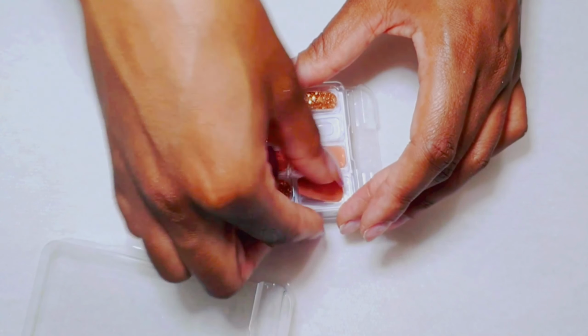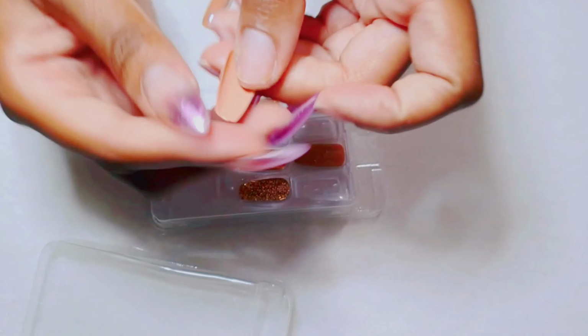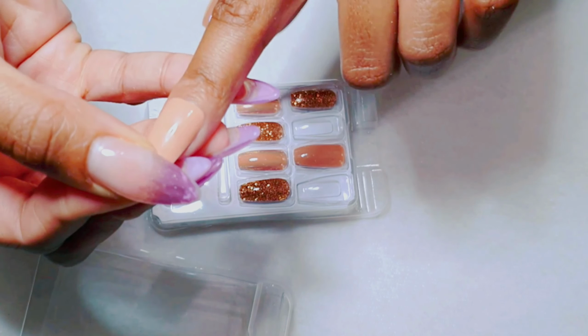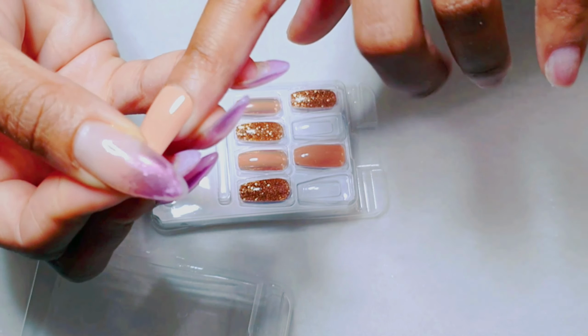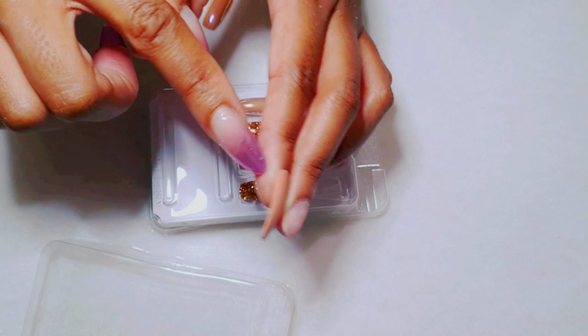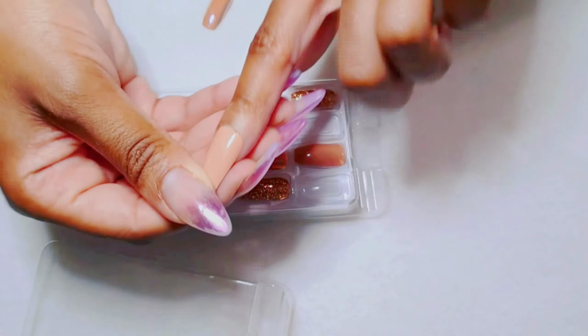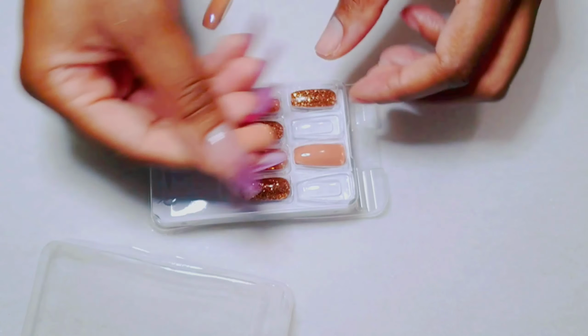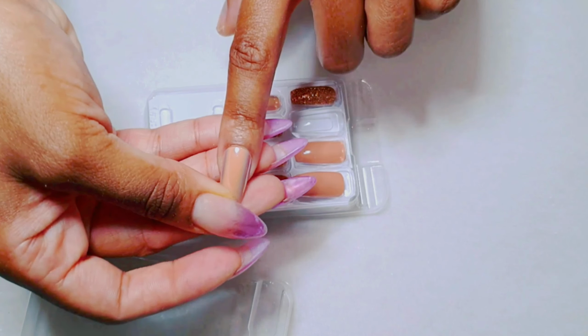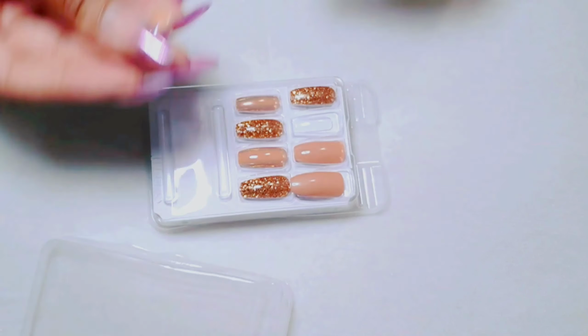And here's an example of what it looks like when a nail is too big. So that's obviously way too big. We don't want that. We want to find a nail that fits perfect, nice and snug, like so. Alright, so now that we've learned how to size correctly, you can go ahead and do that for all of